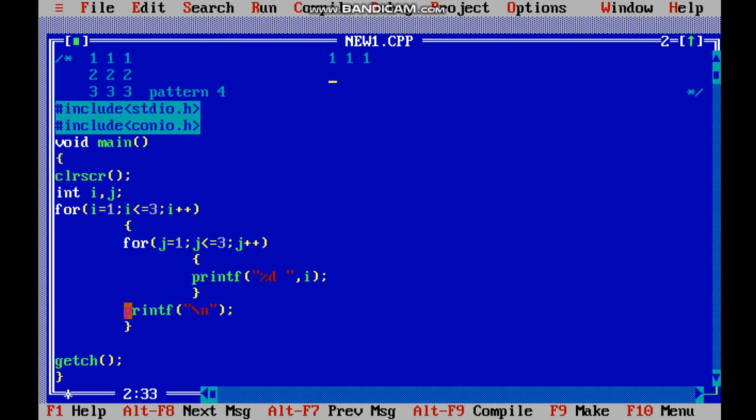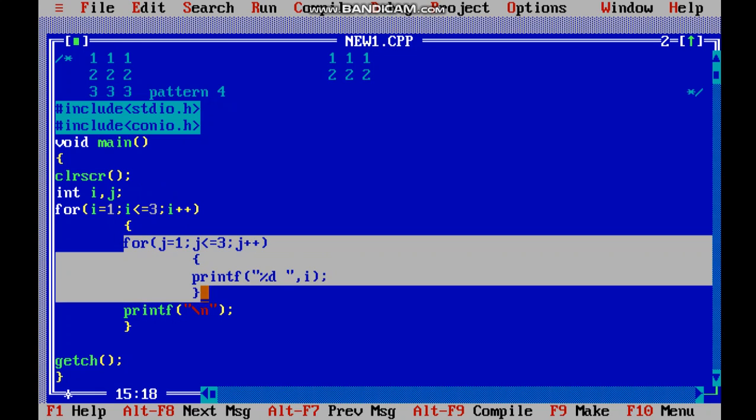So after this printf \n, we have nothing to do in the for loop. So i value will be increased to 2. So again 2 is less than or equal to 3, correct. Then the similar process will run, checking the condition, but this time i value is 2. As we worked for 1, similarly it will run for 2. Throughout the for loop it will now be 2 unless our inner for loop is evaluated properly.